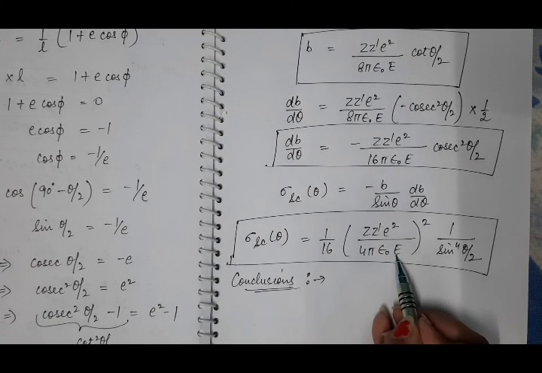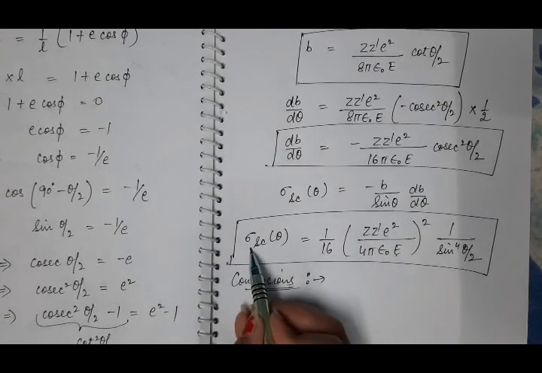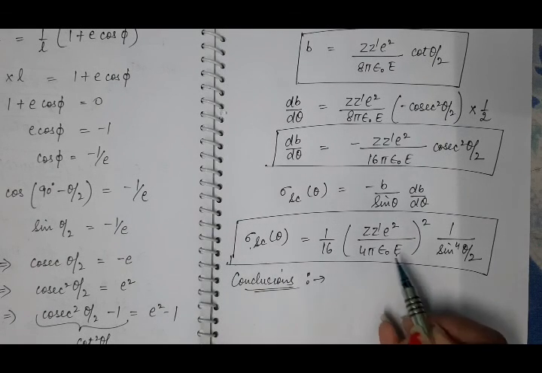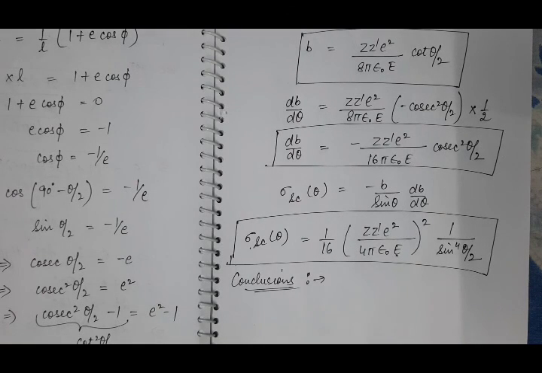And what is this E? It is the initial kinetic energy of the system. So this differential scattering cross section is inversely proportional to the initial kinetic energy of the particle. So this is all about Rutherford scattering, and this is one of the most important topics, which is always there in exams of this unit number 2.